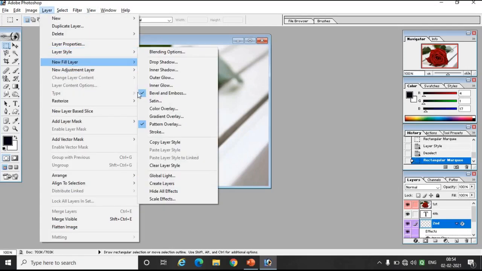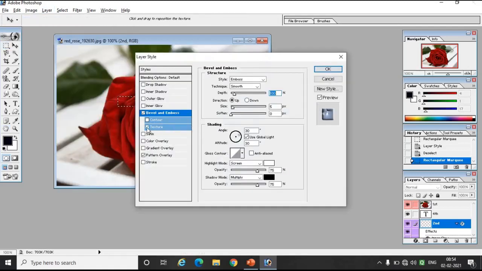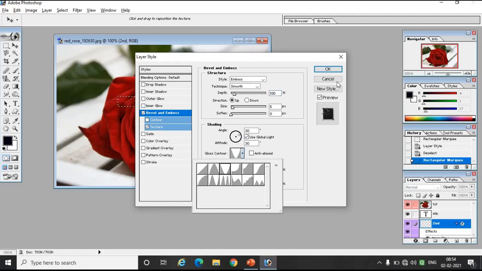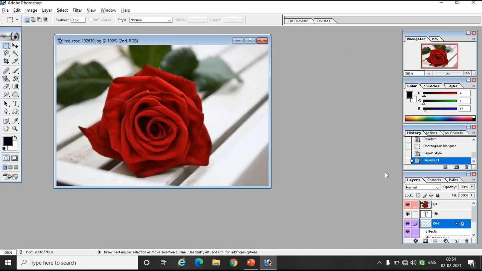so once again I will try it. Go to layer style, select the layer whichever you want, like bevel and emboss, same thing I have selected again. Inner glow I will deselect. Texture I am going to deselect, or satin. Pattern overlay I will deselect, and I will select texture and inner glow. Okay, so here glass contour, whichever mode I want, say okay. So it should be applied over here. Sorry, I am applying it on another layer. Here I should apply, so I have to select here first.